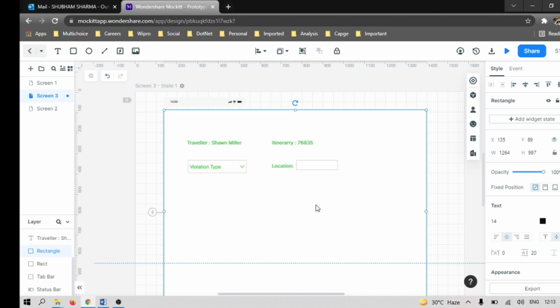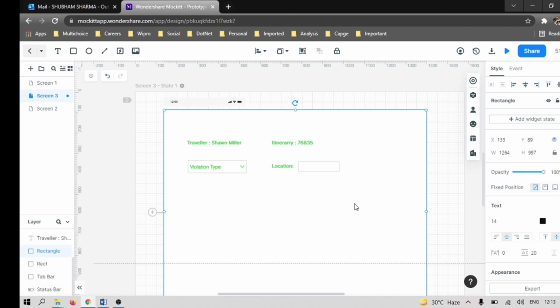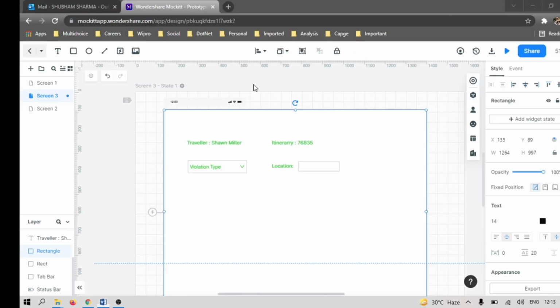Okay, it will look like this. This will look like this. Okay, so location text box is there, and now we need to put here a multi-select drop down.